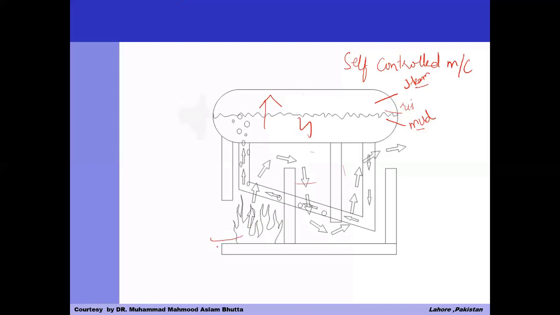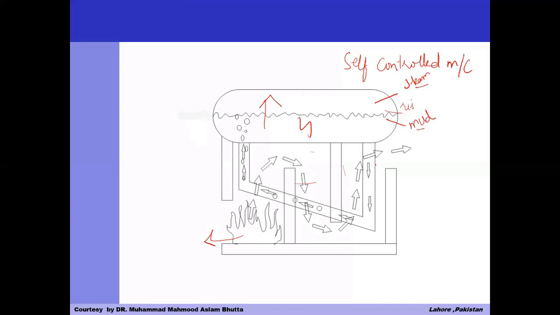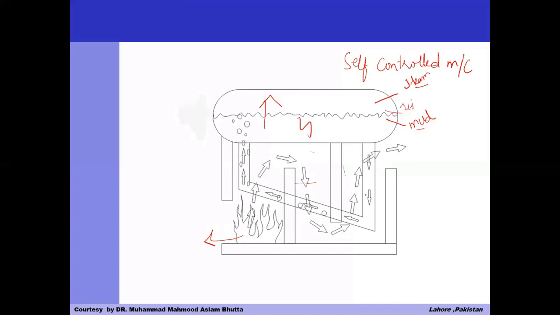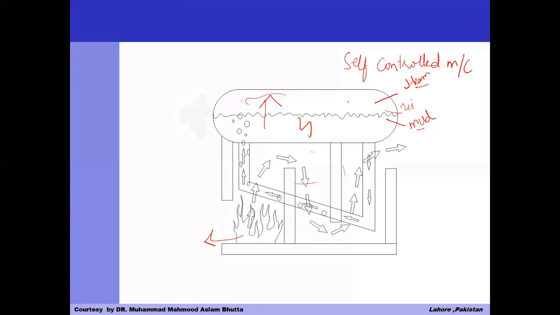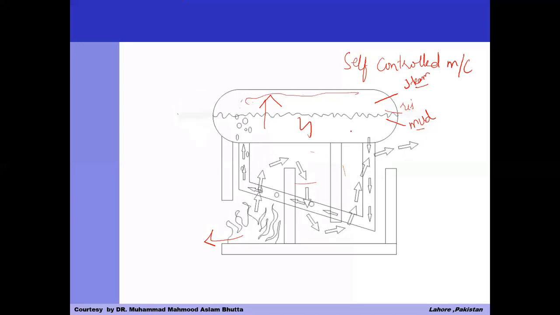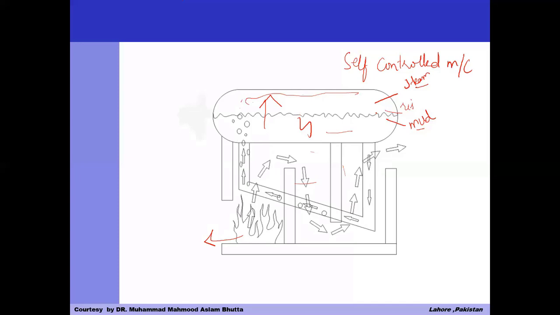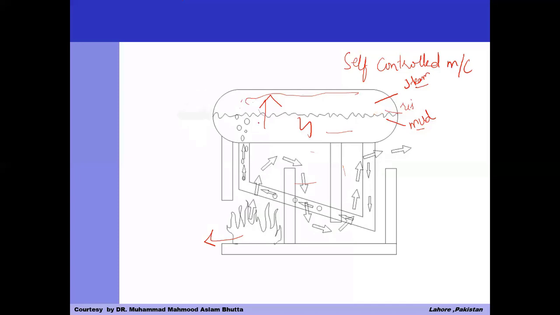This is the source of combustion. There is the water inlet. Water flows through this tube, and heat is transferred to these vessels. The water is converted into steam. Steam is collected in the upper drum. Cold water is in the lower drum. In between there are risers or tubes, and steam and the cold water are separated with the help of the risers or the tube. So this is the basic working of the water tube boiler.